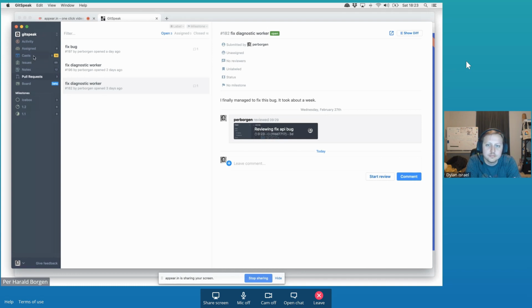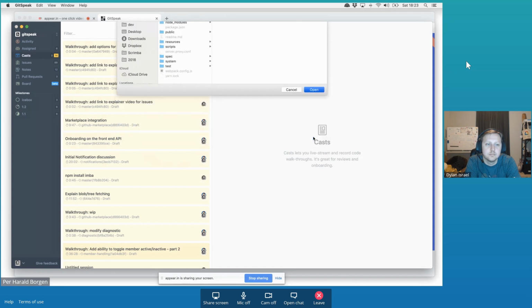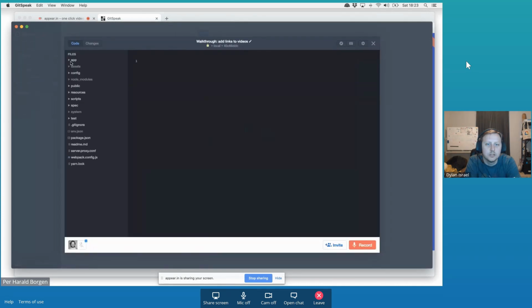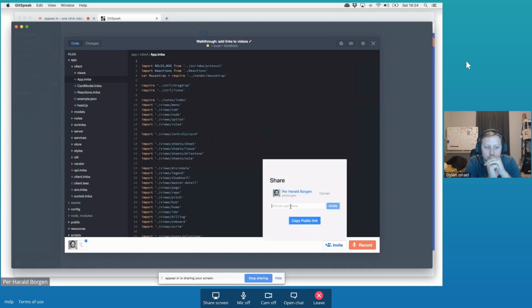And what's been really nice for us internally in GitSpeak, when Sindre has been onboarding me onto the repository, is this costs tab. I can start a new screencast from your local repository, or from the project, and then I can invite whoever I want who is part of the organization, of course.